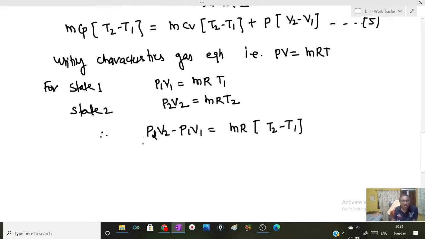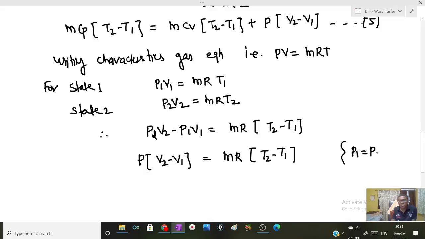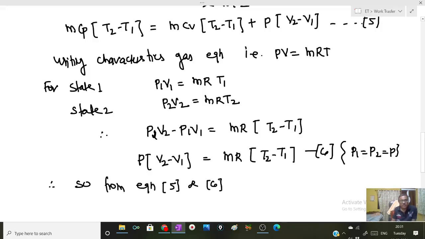Here pressure is constant, so I can take pressure as a constant value. P (V2 minus V1) is equal to mR (T2 minus T1), as P1 is equal to P2 is equal to P. Let's say this is equation number 6. So from equation 5 and 6, putting the value of P into (V2 minus V1) is equal to mR (T2 minus T1),